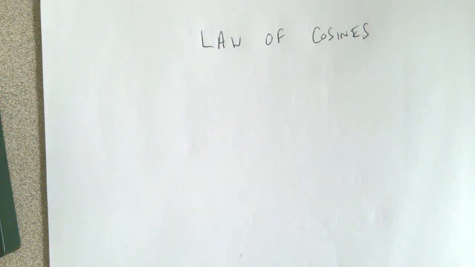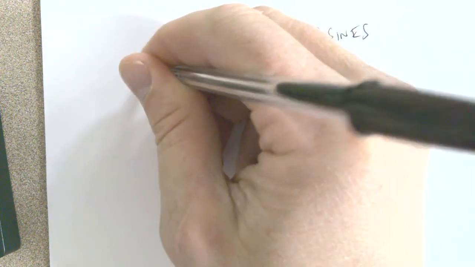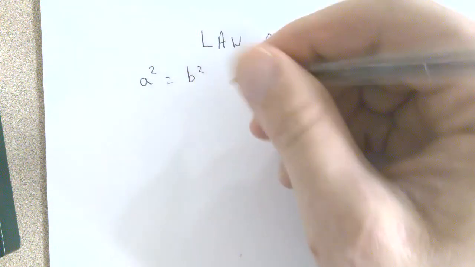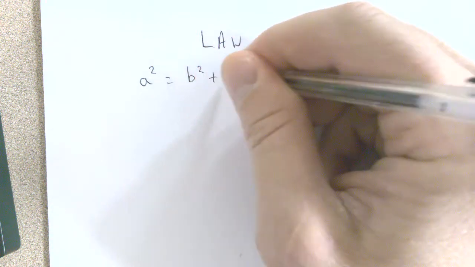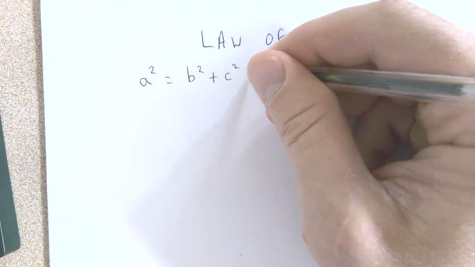Okay, in this video, I'm going to discuss the law of cosines. We've spent a lot of time this week practicing our law of sines, and there are occasions where we can't use the law of sines, so we have to utilize the law of cosines, which is the following formula. It can be written in multiple ways: a squared equals b squared plus c squared minus